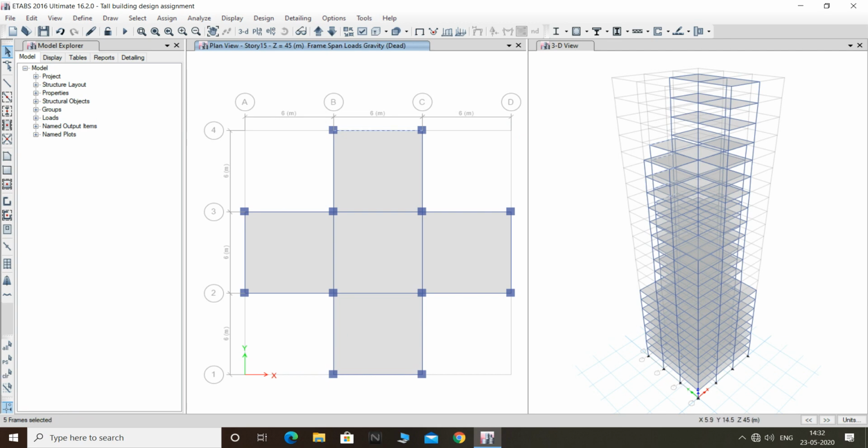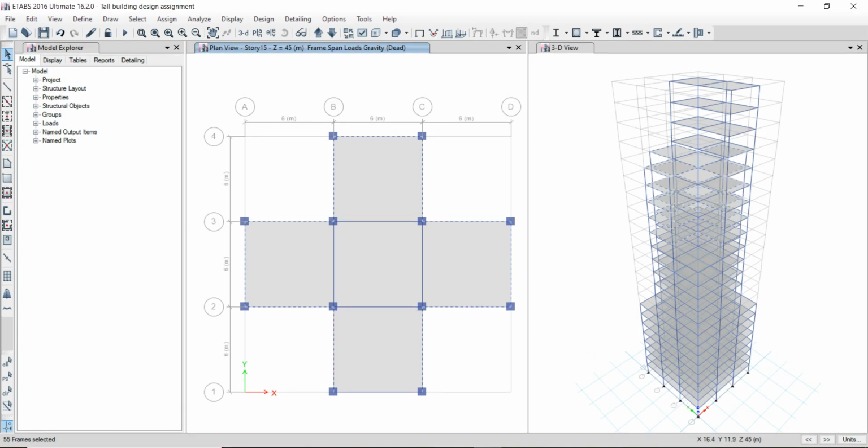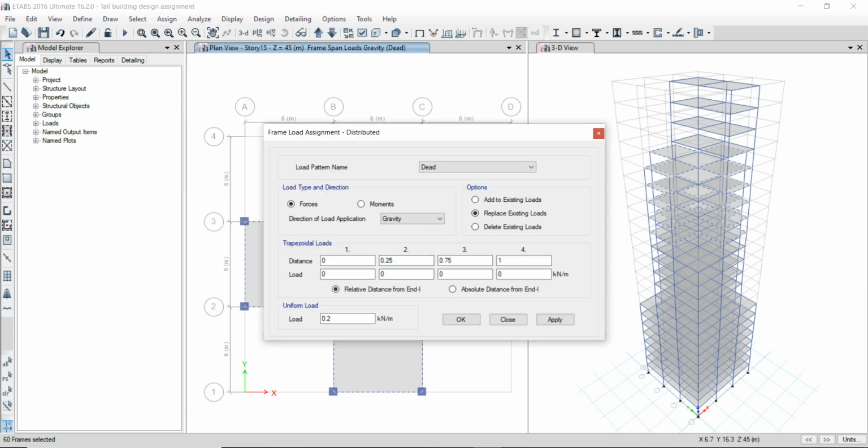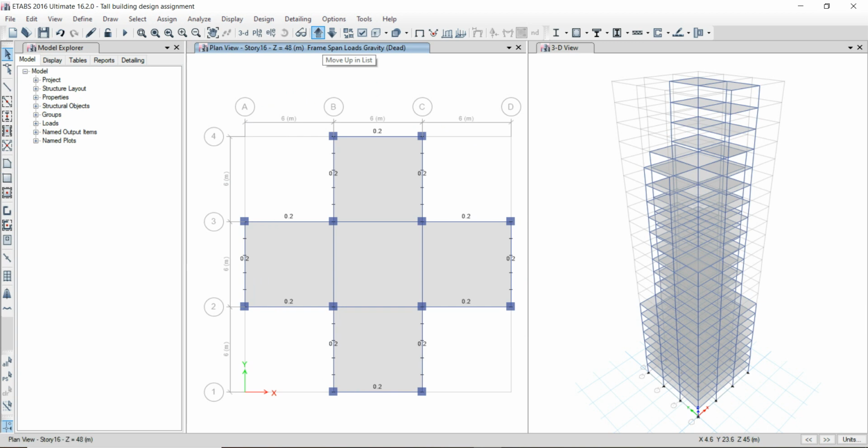select the exterior beam. Go to assign, frame loads and distributed. Click on apply and click on OK. So for next set,